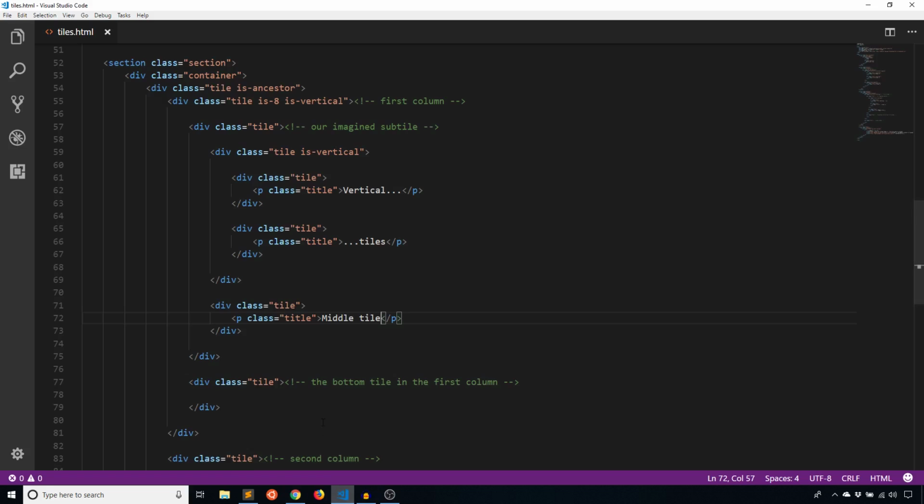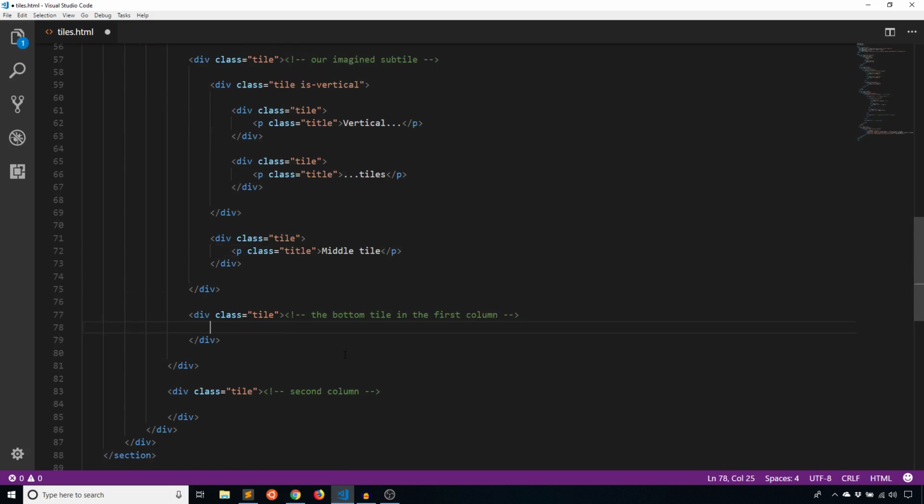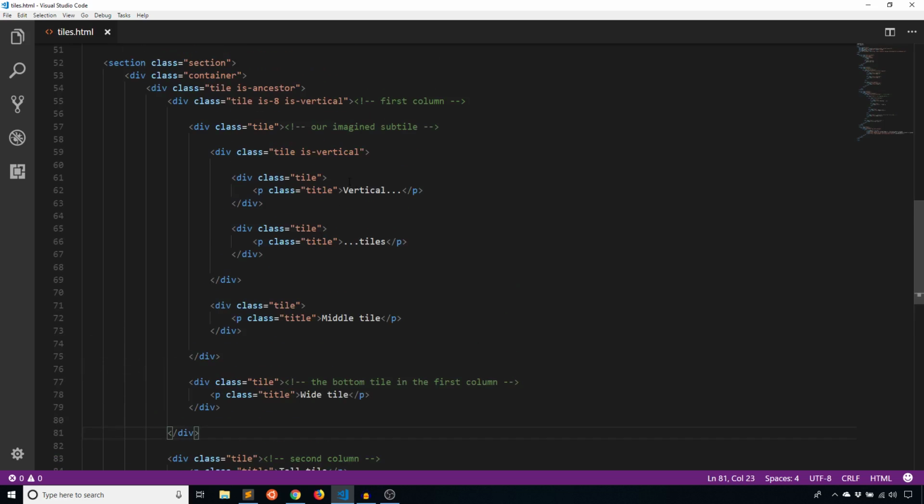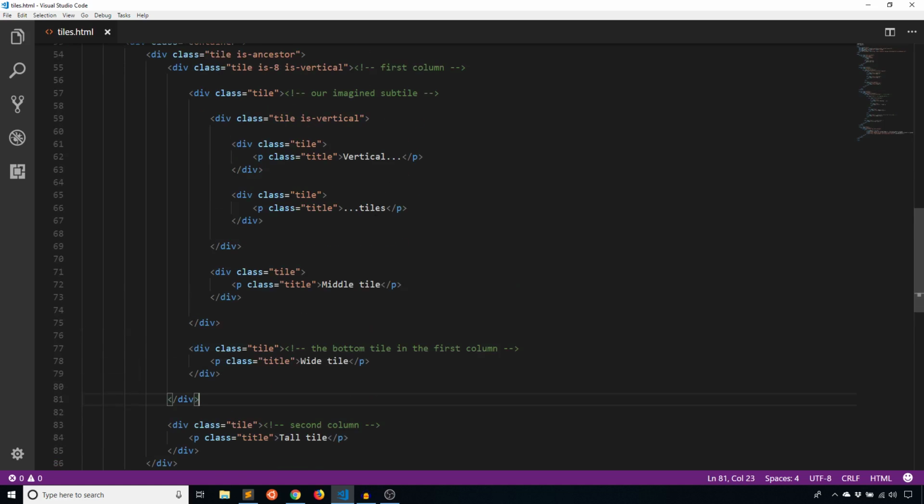And then the Y tile is the next one that I'm interested in. So I have the comments, so I already know what it's supposed to be. So Y tile. And then finally, I have the tall tile. Not title, but tile. Oh yeah, it's actually title. They're so close to each other, it's easy to get tile and title mixed up. I mean, title only has one additional character, but tall tile there. All right, so I have the 5 pieces of content that will go into my layout,